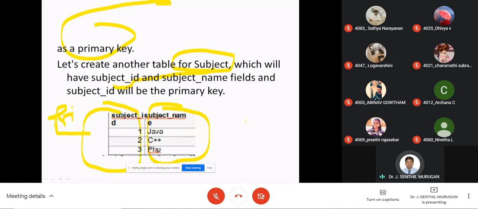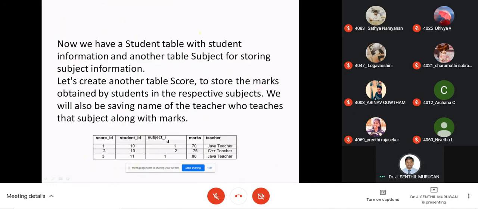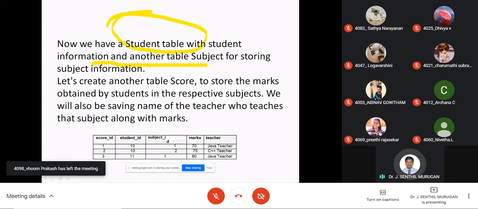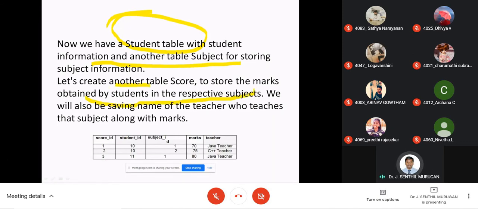Now, using this, we are going to create another table for the same subject. So a student table with student information, and another table obtaining the students in their respective subjects.